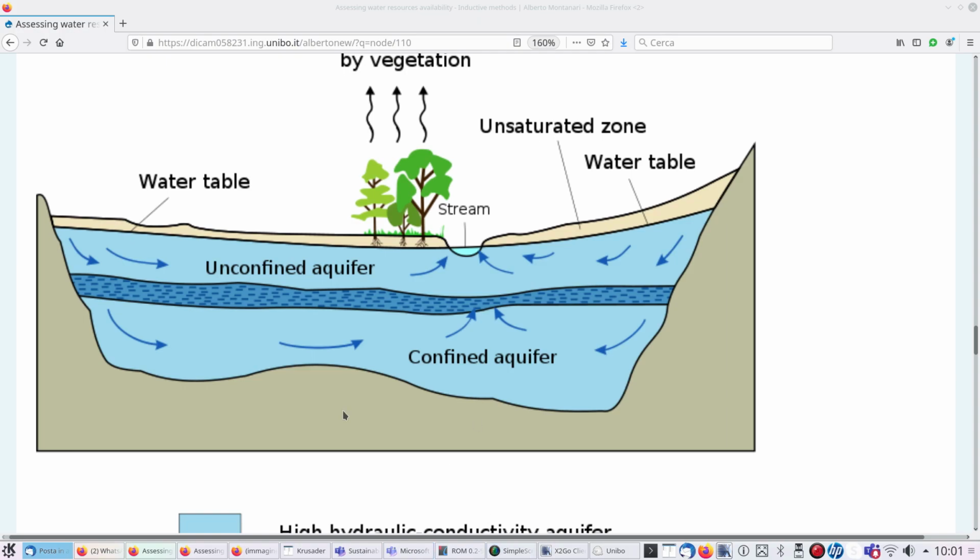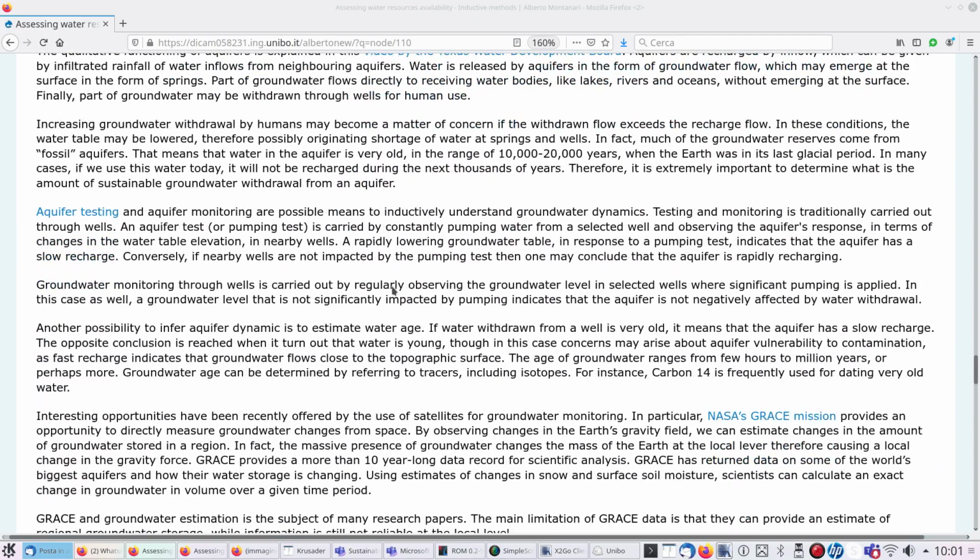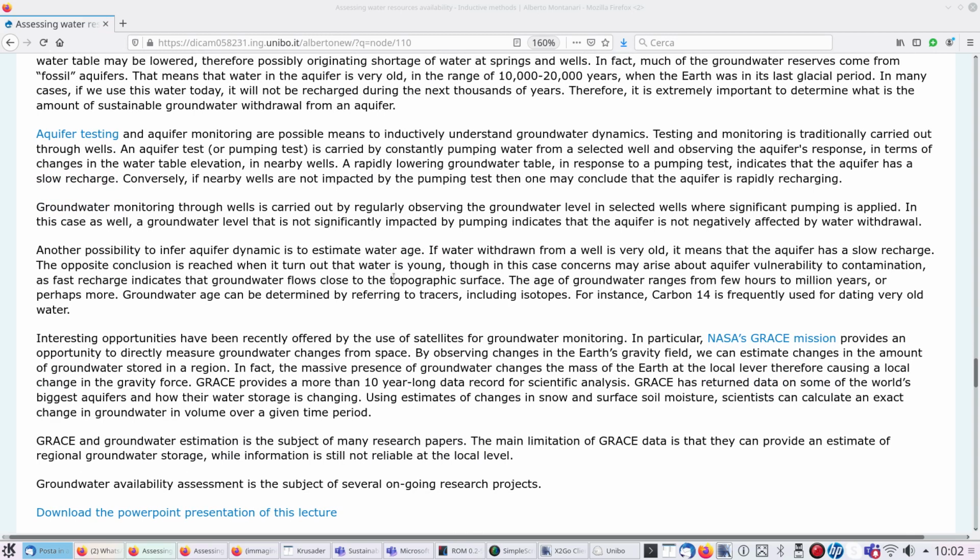Very good. So let me go down in the page. I think that there are a couple of things that I want to mention before closing this part. One further means to inspect groundwater dynamics is to estimate groundwater age through isotopes. It's mentioned here. For instance, by analyzing the carbon-14 content of the water that we get from the very deep aquifers, we can